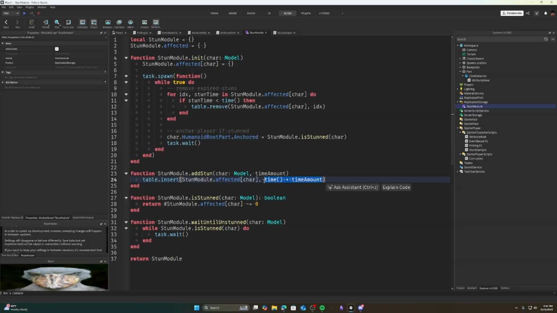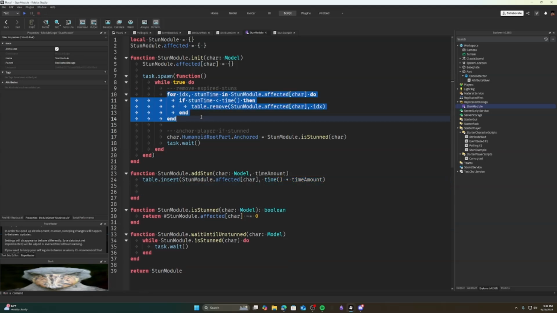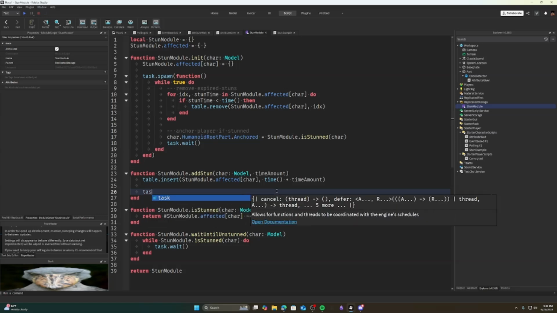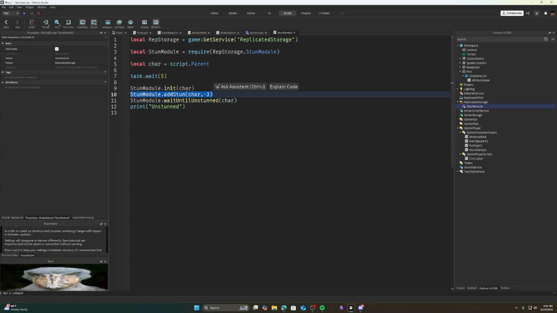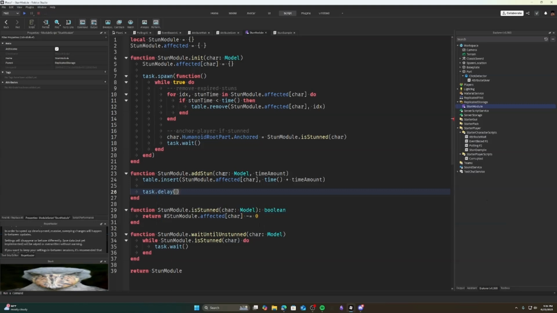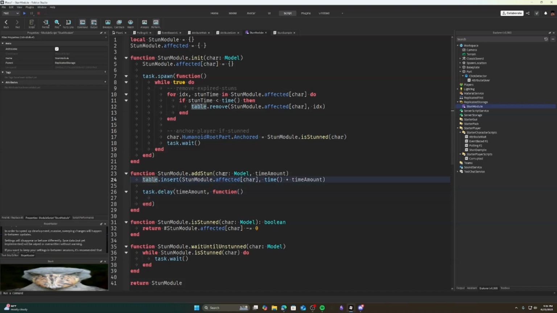an event-based approach for this. So in this example, instead of checking every frame, like if the stun time catches up to the expire time or whatever, we can just check after whatever seconds they give us, and then delete it then. So we can write a thread, because obviously when we add a stun, we want our code after it to run. So we can add a delay for the time amount,